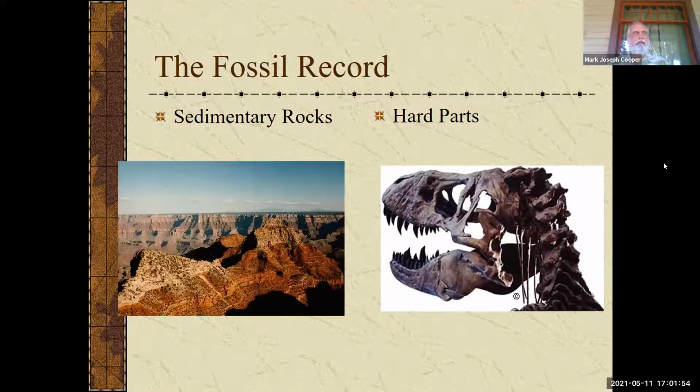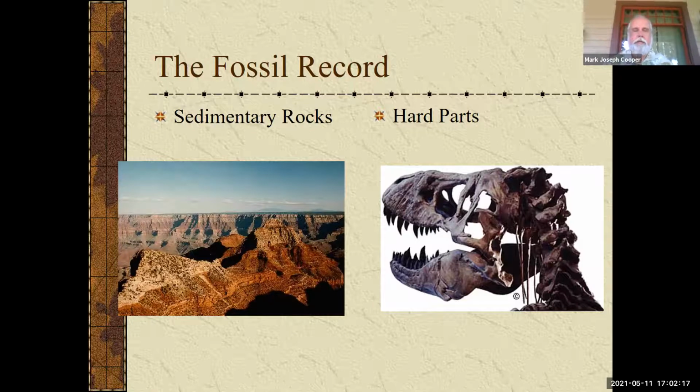All right, so I want to talk a little bit about the fossil record. What you want to be aware of is the fossil record is a very good source of information for life on the planet, but it also has a lot of holes. So let's go through how we get fossils, and not a heck of a lot of detail, but